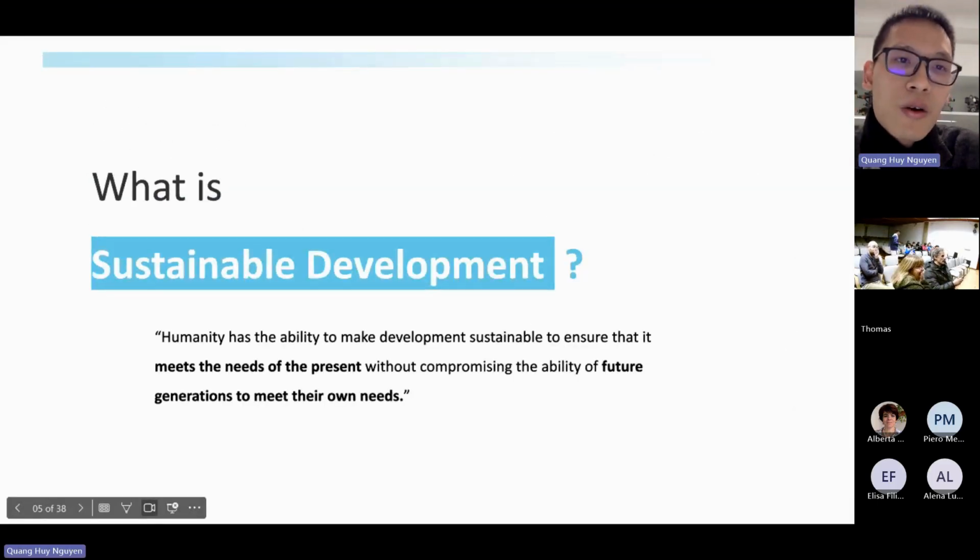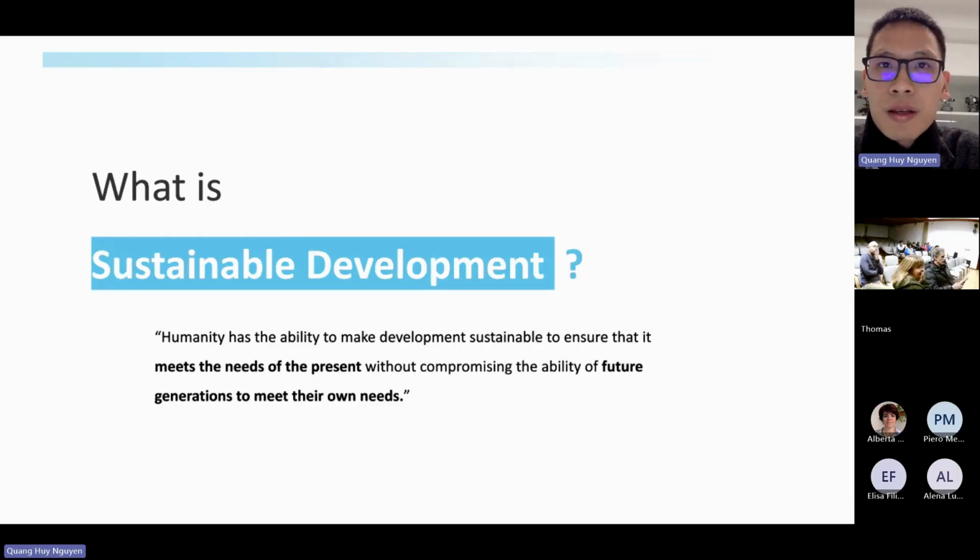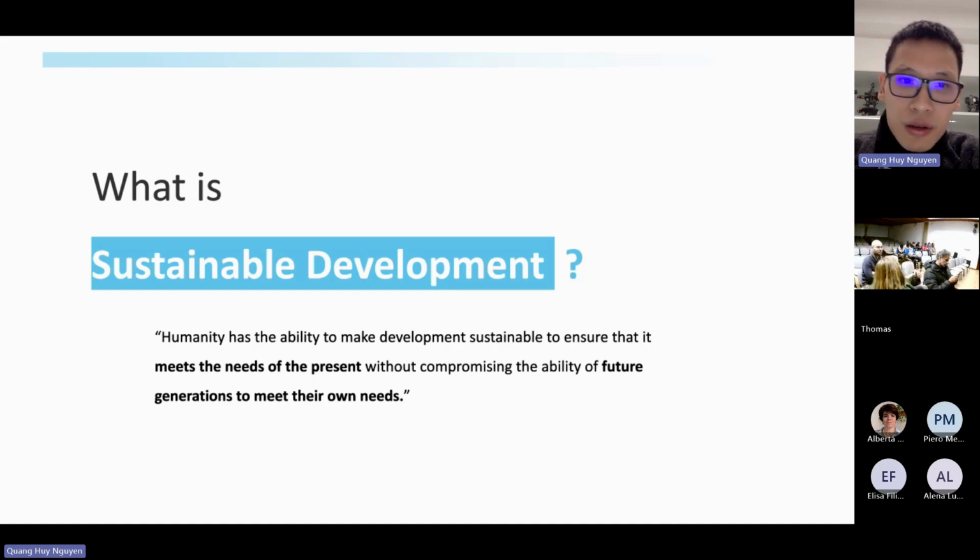So I think most of you have a base understanding about sustainable development. Here I only cite the Brundtland definition: sustainable development is about meeting the needs of the present without harming the future needs. I think that one is really exact, which you have also mentioned. So I think that you have understood what sustainable development is.